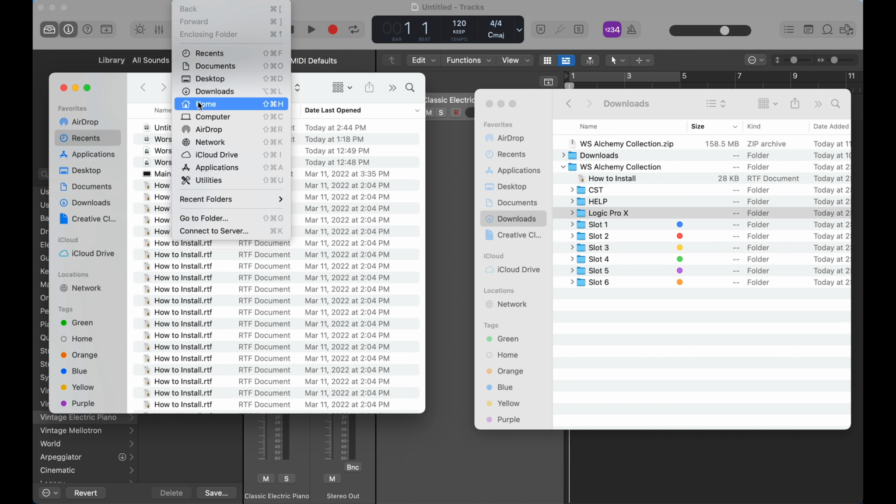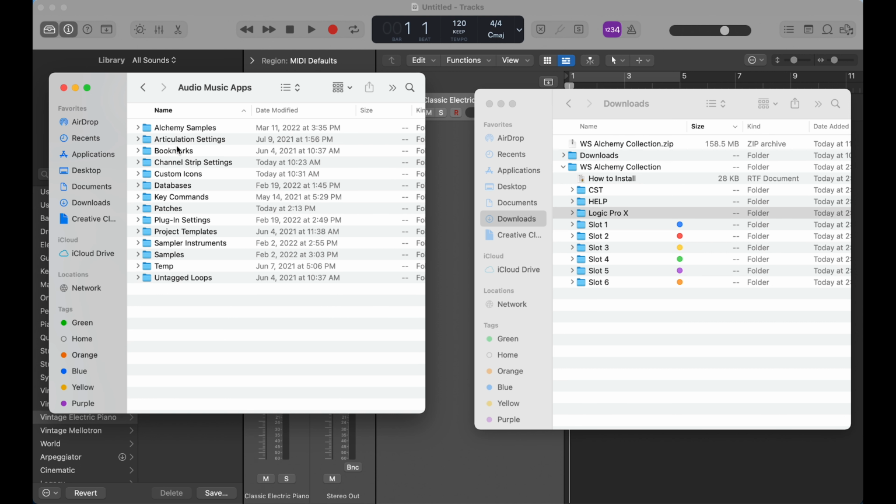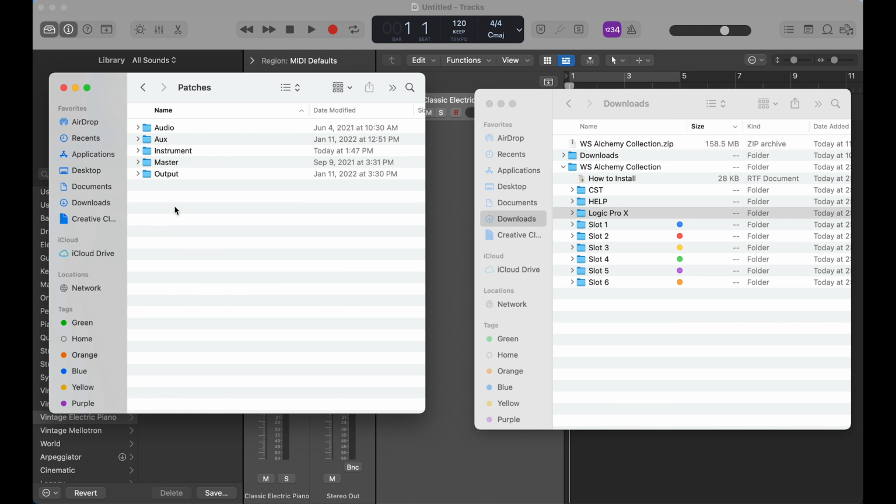We're going to go home. We're going to click Music, Audio Music Apps, and we're going to click Patches. We're going to click Instrument, and you'll see here on my screen that I have a Worship Keys folder. Now this will only appear if you have the most recent version of Worship Keys installed, and in your case